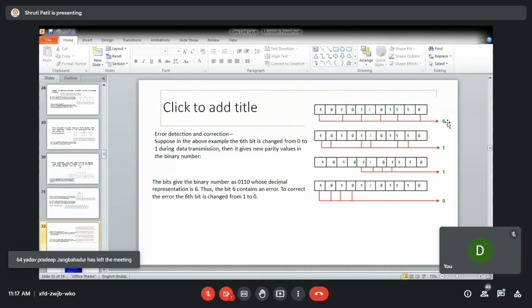So it will find that whatever redundant bits it has calculated will be proper. So it has identified the error and it was able to correct it. So Hamming code is used for correcting single bit error.